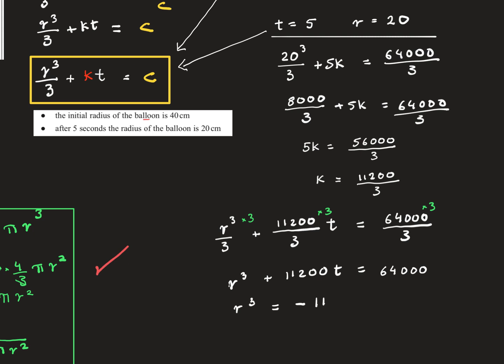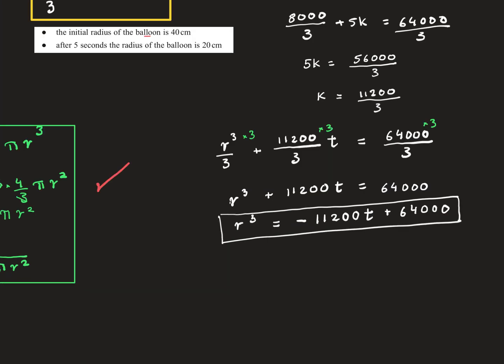So it'll be r cubed equals minus 11200t plus 64,000. And you are always required to write the exact answer, and this is the exact answer. If you were to round it, it will not be exact. So you would not be awarded any marks for writing 64,000 over 3 as